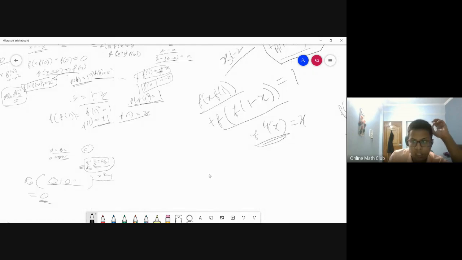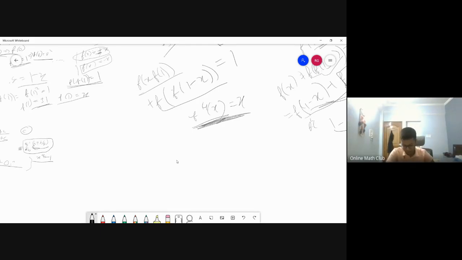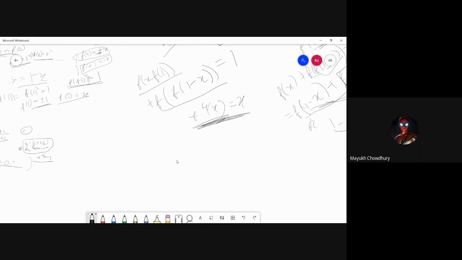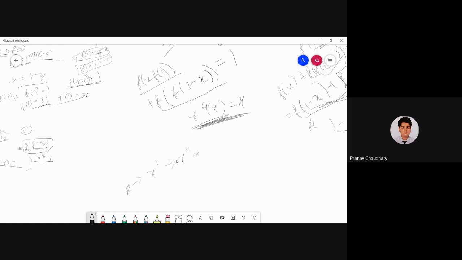Now we go back to our initial idea that I have some x prime. Just give me a minute. The point is now we have a cycle, right? x goes to x prime. Actually it's wrong. f4x is f of x, not x.